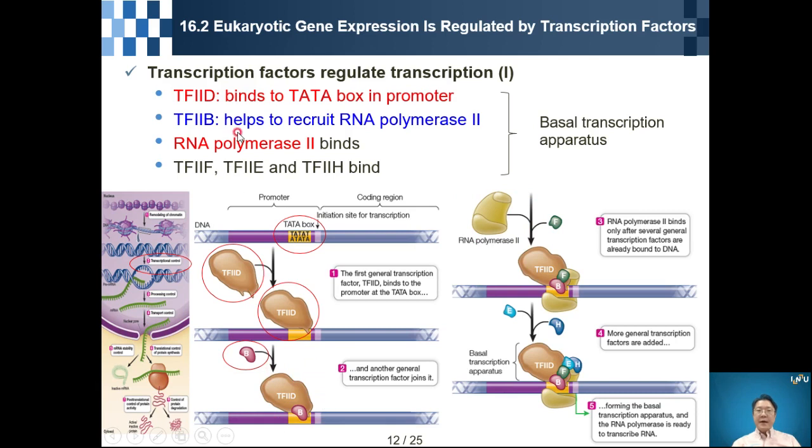This binding helps to recruit RNA polymerase 2. After that, RNA polymerase 2 binds. After that, transcription factors 2F, 2E, and 2H bind here. So they make the basal transcription apparatus. Okay, next,